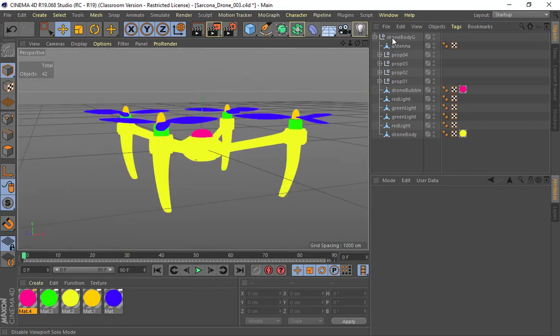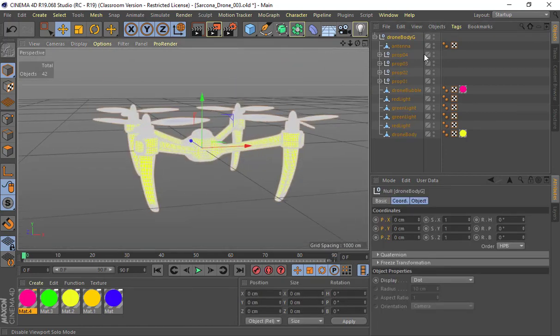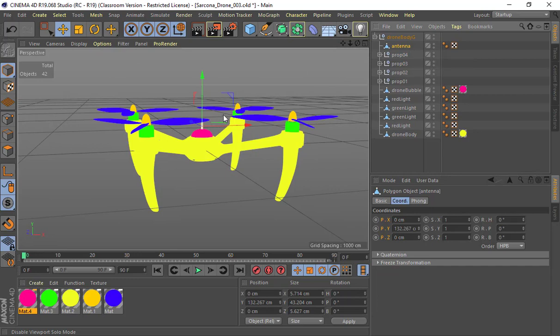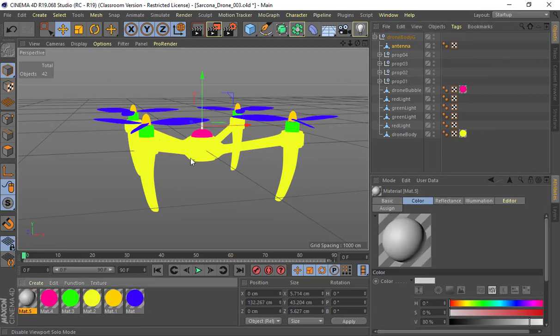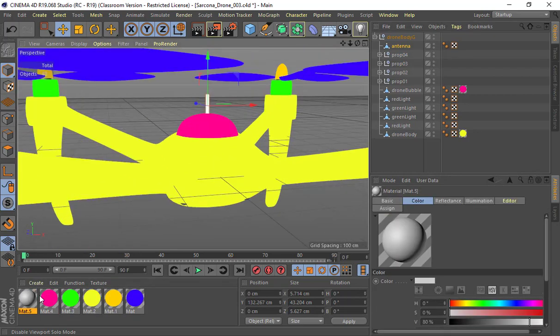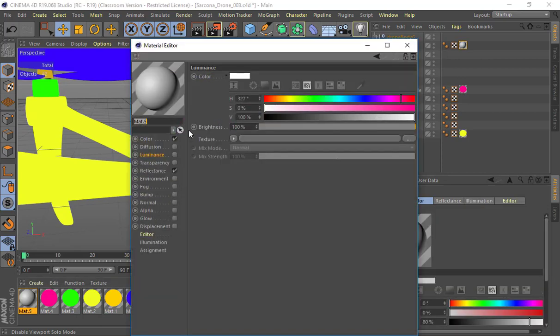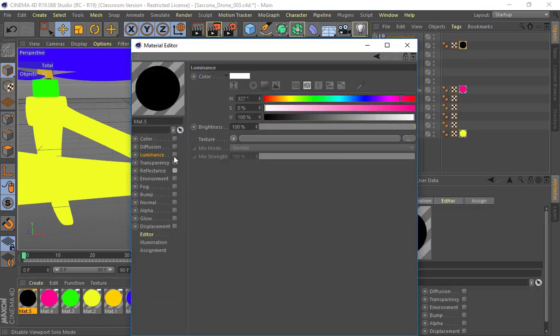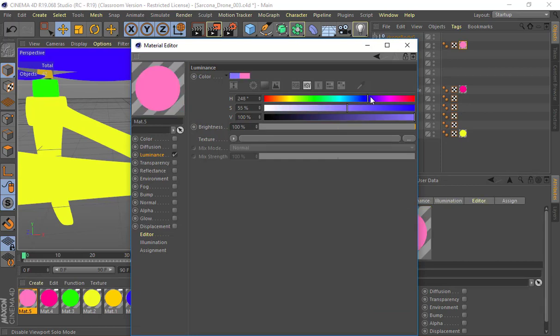All right, so now I have one group that is my entire drone. I have the antenna, which is by itself. That one doesn't have a material. Let's drop a material on that. I could assign materials later too once I get into KeyShot to individual items. This just makes our job a lot easier. I didn't use that blue yet. There